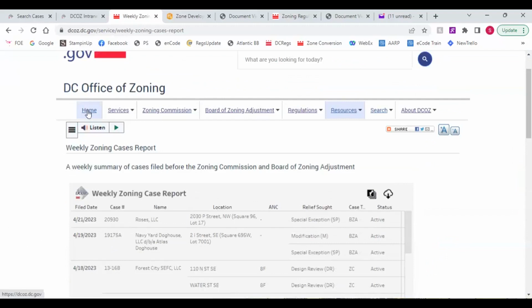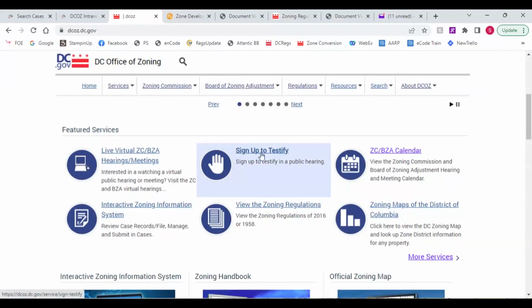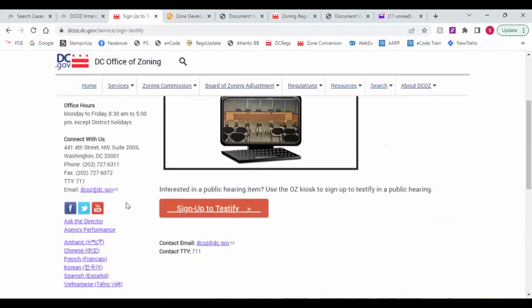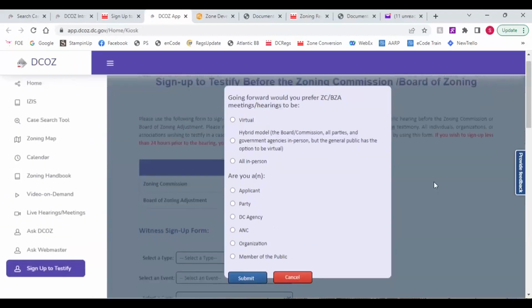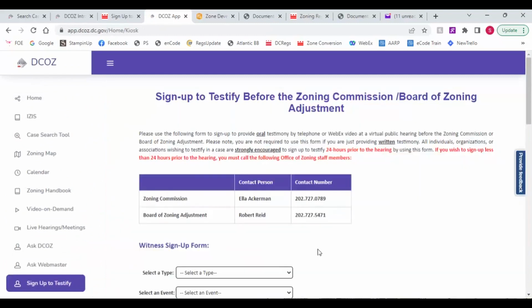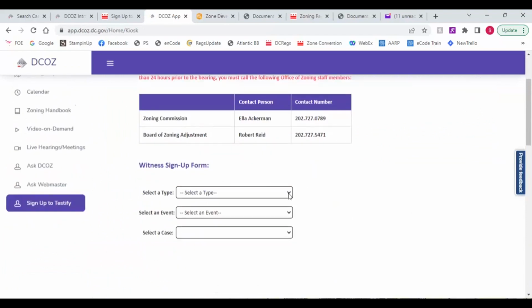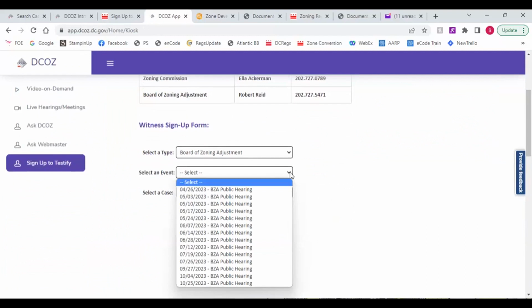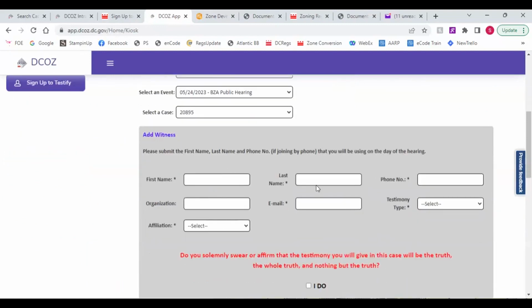So going back to our homepage, I just scrolled down a little bit. This is where you're going to sign up to testify. I want to show you this so that you can see that. If you click on sign up to testify, this is just a little survey. I'll leave that for you to look at. It tells you the person to contact if you need to for the BZA and Zoning Commission. But you select the type of case you want to testify in, let's say BZA, select the event, so you find the date you want to testify on, and then you pick the case. And then you just fill in your name